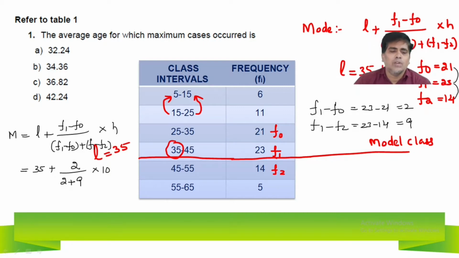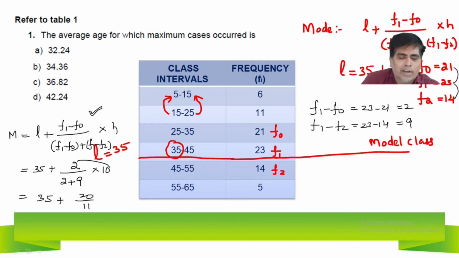So these are the values I have substituted in the formula I wrote here. I already showed how I got the values. So simplify it, you will get the answer. Here 35 plus, I can write it as 20, since 2 tens are 20, so 20 by 11. Find the value of 20 by 11. You have to show this clearly in the rough note. 20 by 11, you have to divide.